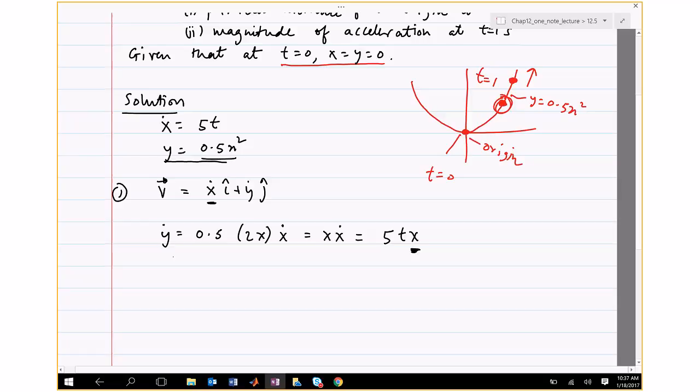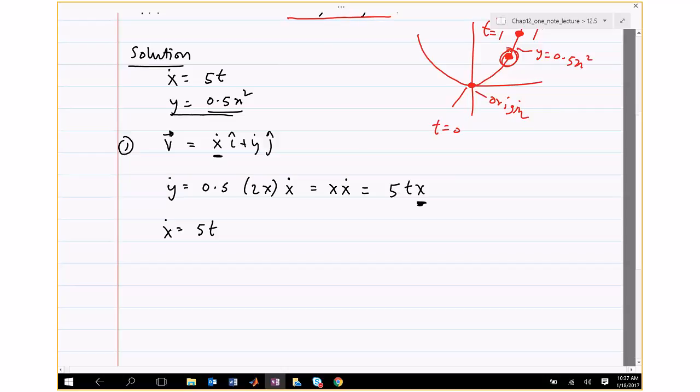So dx/dt is 5t, and I integrate x from 0, because at time t equals 0 the particle is at the origin, and t from 0 to t. So this gives me x equals